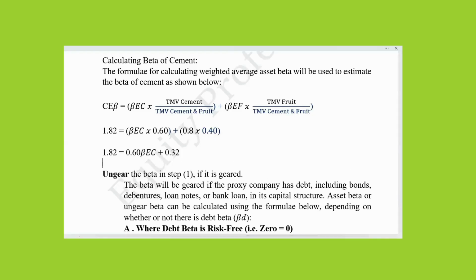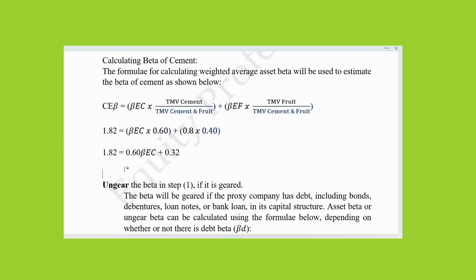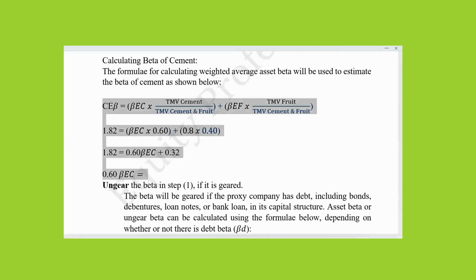So the next thing I need to do is to collect like terms. Therefore, 0.60 beta equity of cement will then be equal to